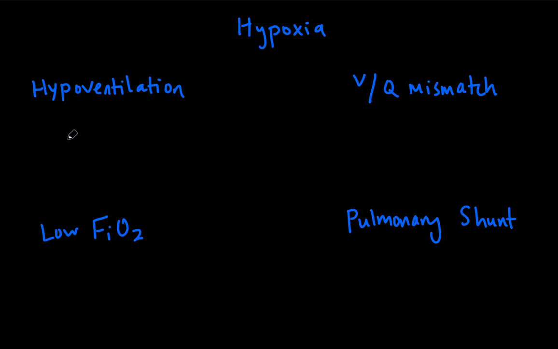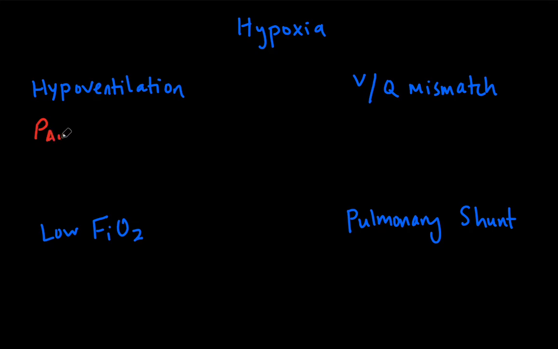So let's talk about hypoventilation first. So hypoventilation is a decreased respiratory rate. The reason why this can cause hypoxia or decreased oxygen saturation is because when the person is breathing at a decreased rate, they have the ability to build up their CO2. When they're not ventilating, they're not able to get this CO2 out of their lungs, which inevitably leads to a low oxygen saturation. We can actually see this quantitatively via the alveolar oxygen equation, which is